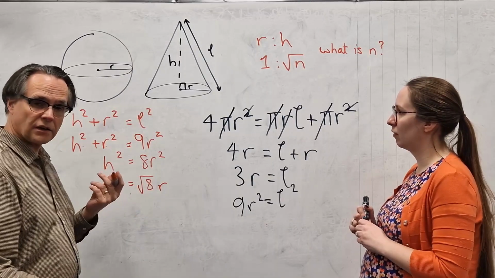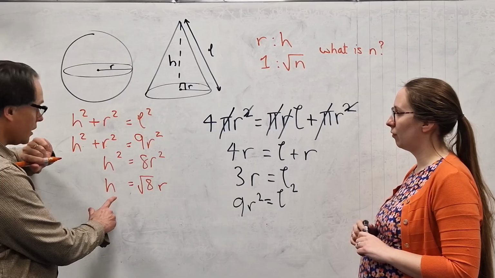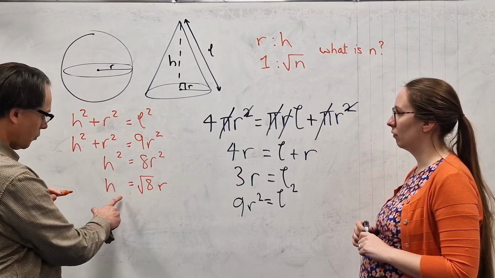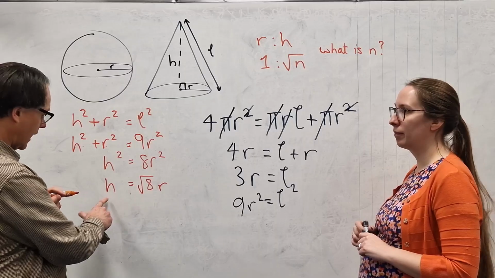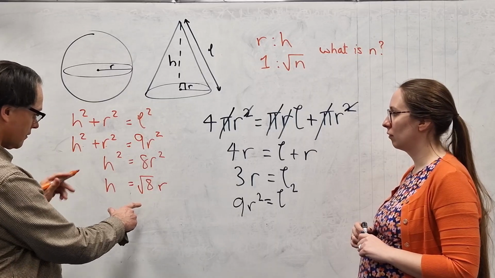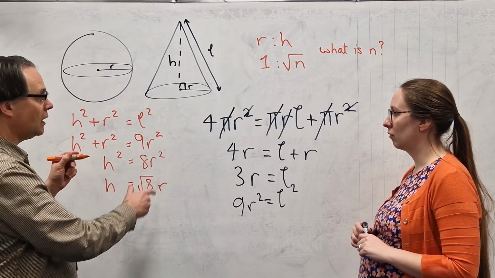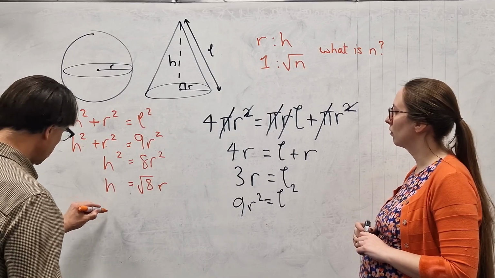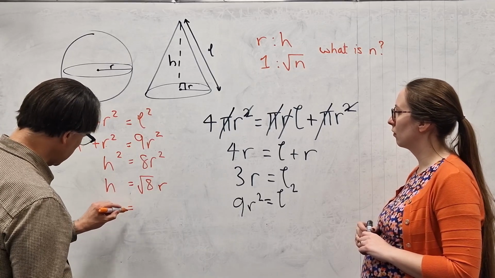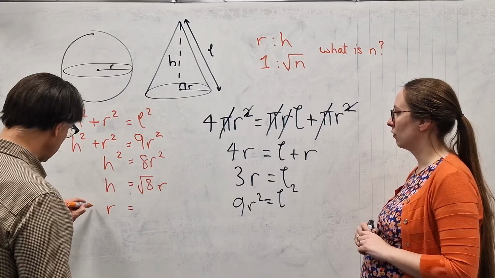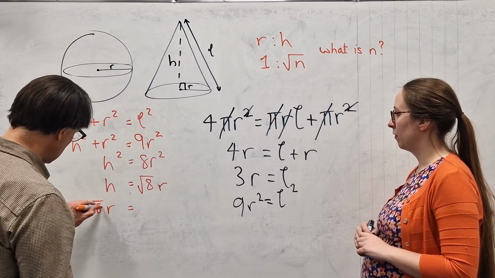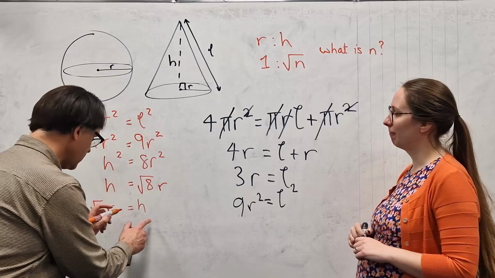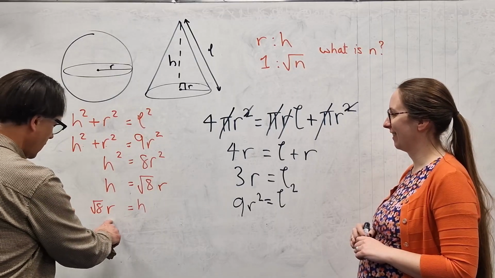Now we use that fact that we used before. So h to r isn't 1 to root 8. H to r is root 8 to 1, right? But they want it in terms of r to h. So let's just rewrite this equation the other way first. Root 8 r equals h. I'm struggling to write this. And so r to h